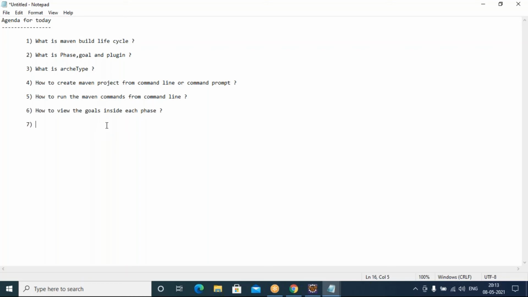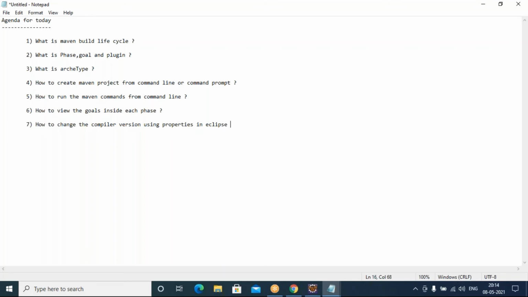Then how to change the compiler version using properties in Eclipse. We are going to see that.